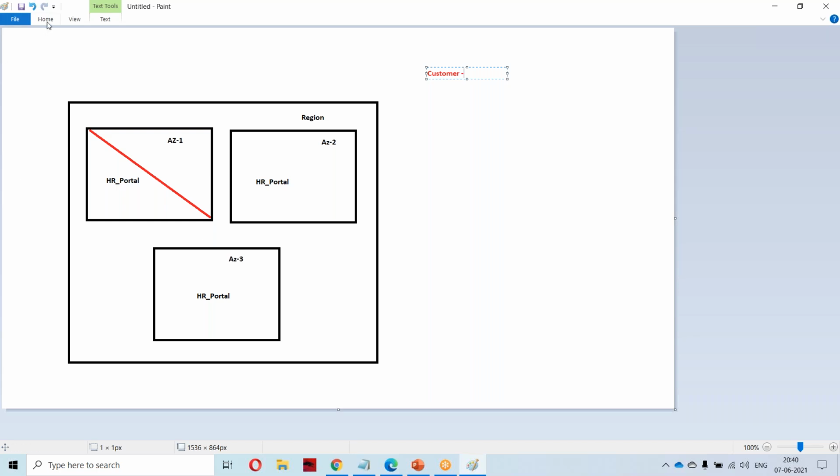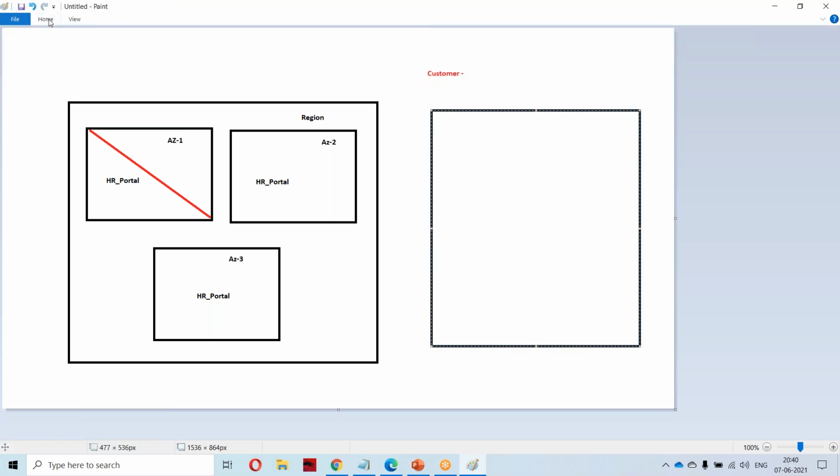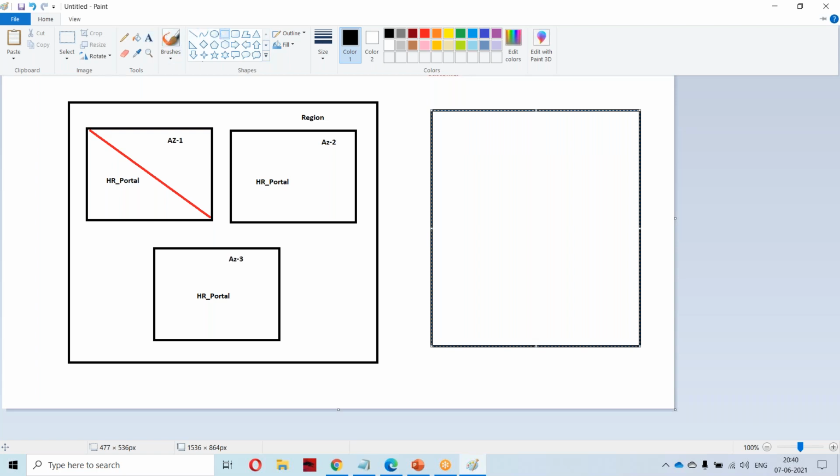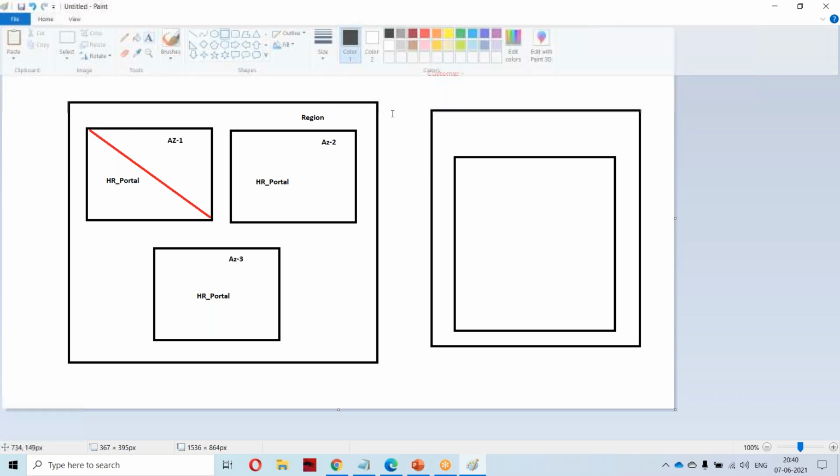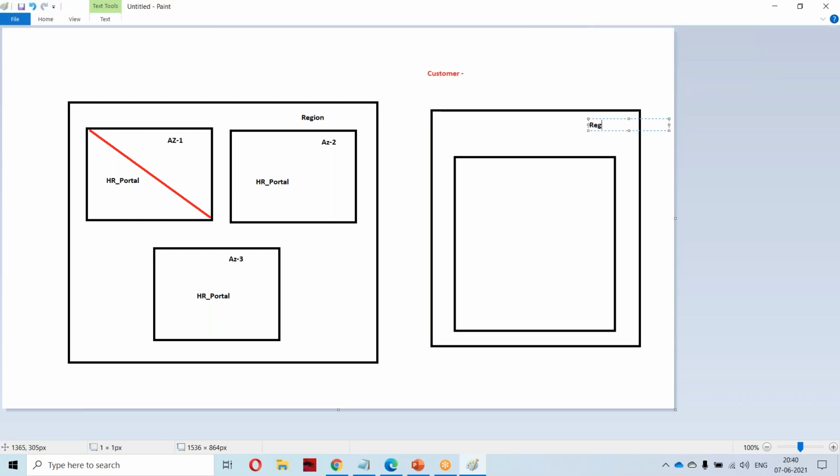He will have one region and only one availability zone. In the Indian region he has deployed his application only in one availability zone.